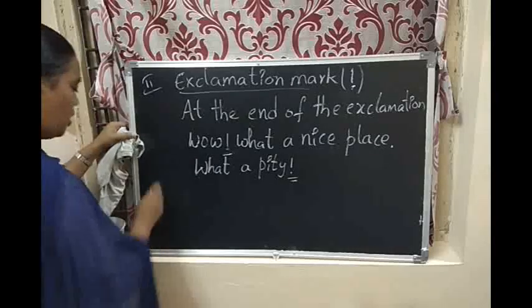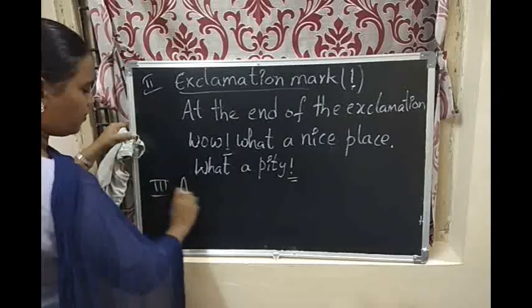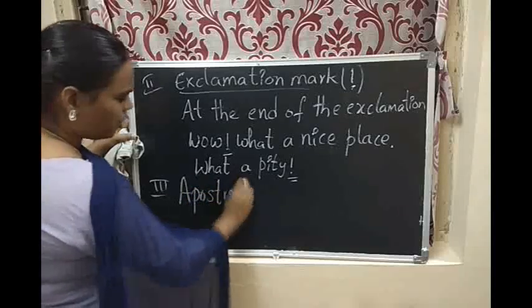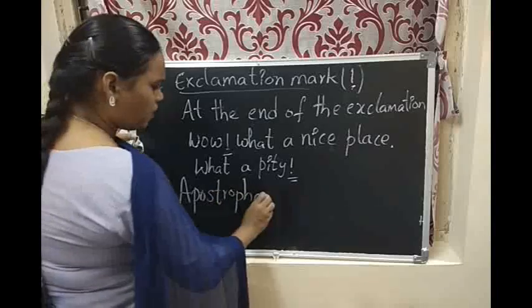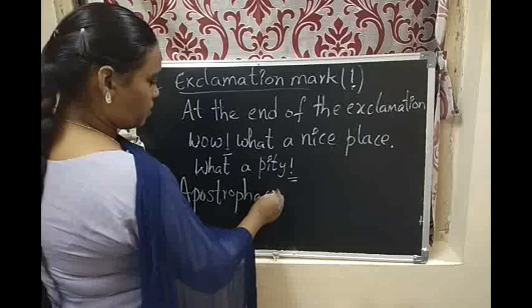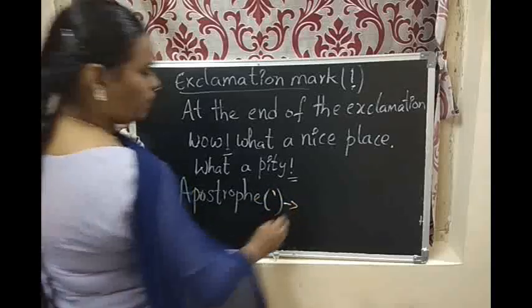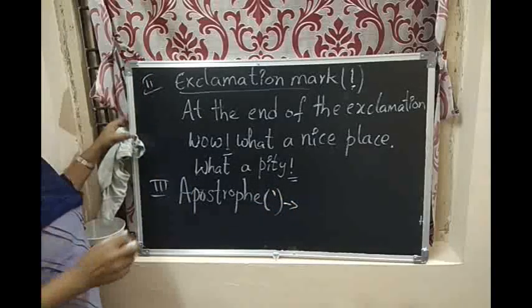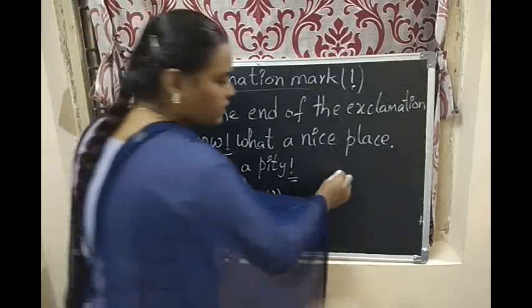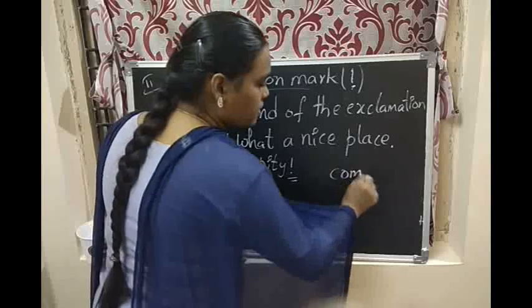Now coming to the third one. What is the third one? Apostrophe. What is meant by apostrophe? Maybe this is new to you. Here you may get one doubt. What is a comma? Comma means, dear ones,